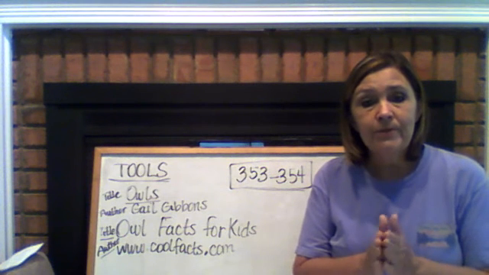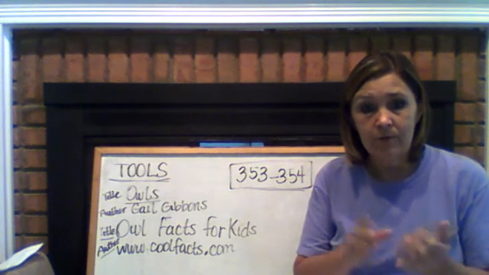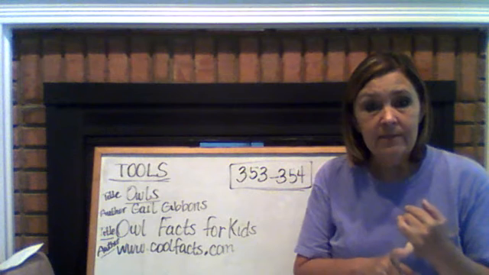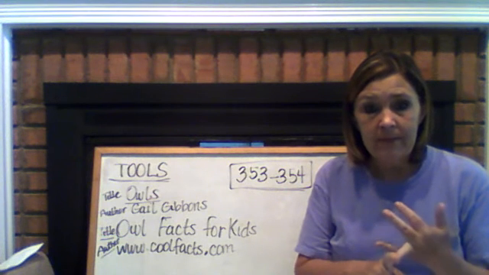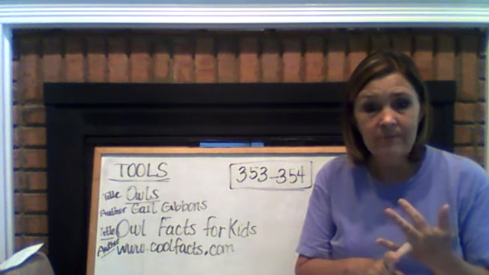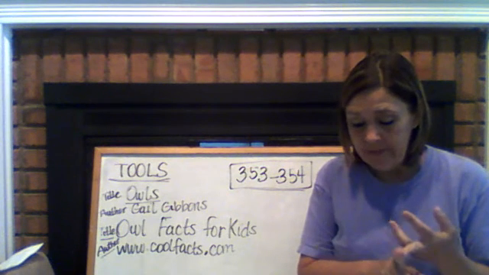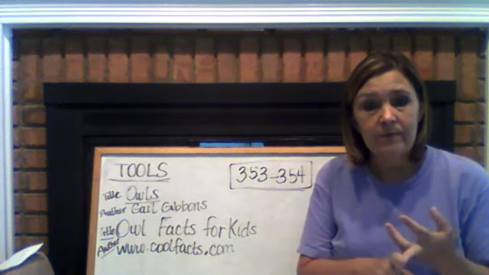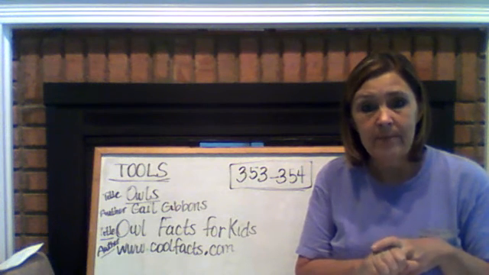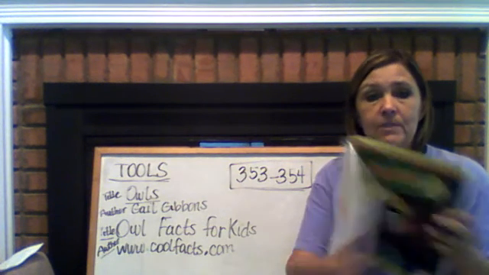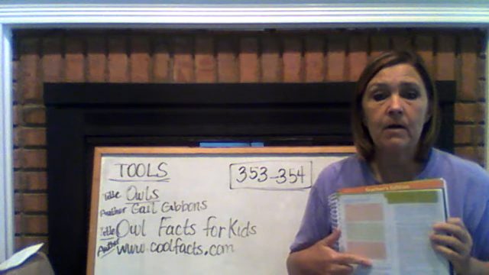So when you answer the 3 questions about your animal, you're going to tell me about its appearance. You're going to tell me about its habitat and where it lives, maybe even what country or what continent it lives on. And then, what does the animal eat? You're going to tell me about its eating habits. And those 3 questions are already listed on the cards.